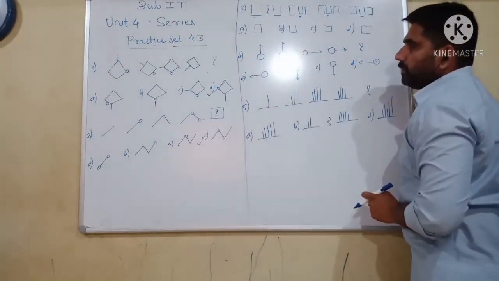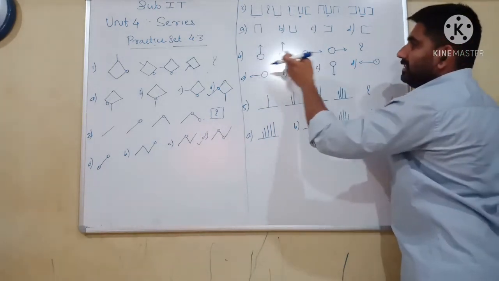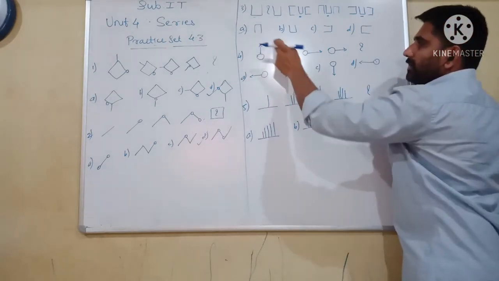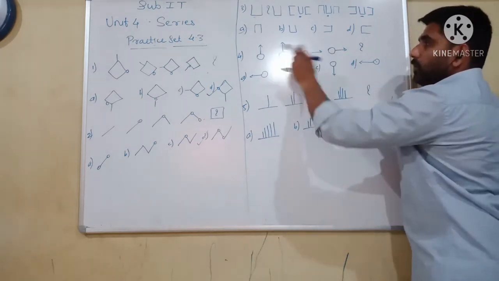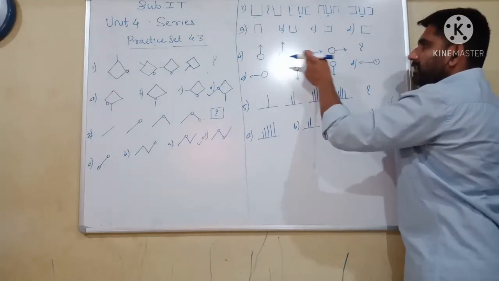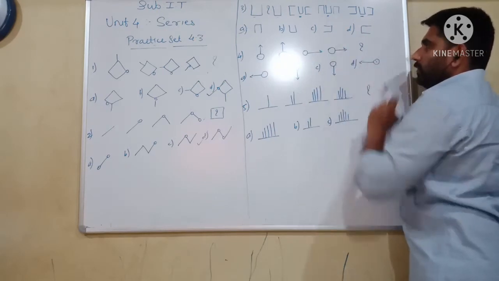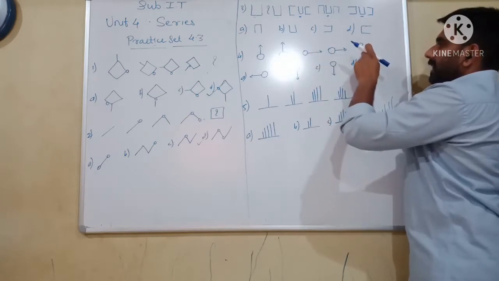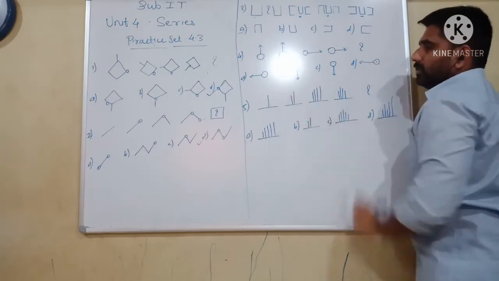In the fourth question, there is a circle and arrow on the upside. There is a changing of arrows shown. See here, a circle followed by an arrow on the upside. Again a circle on the upside, but here a dot has been added. Secondly, the arrow has been changing its position, the circle like this. Again in the next part, arrow and dot will come. In the next part, what will happen? This blank circle and arrow will go to the downside. So option number B.